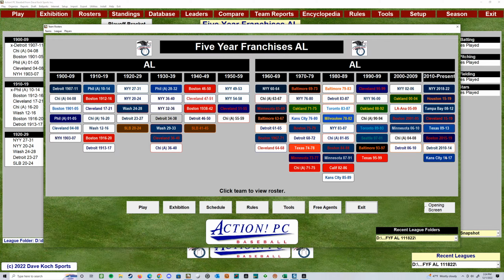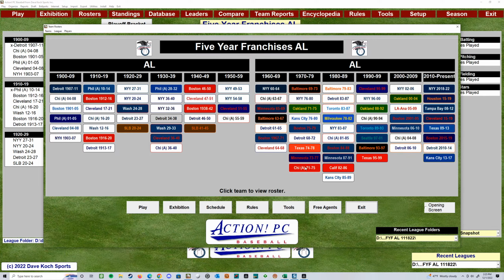I think this one has the current teams. Which ones did I add? I've added recently. If you haven't downloaded them, I made them available at the Action PC forums, and then today I emailed the Action community site to put the most updated files I have right now, which are a little over 80 teams, I think, for the AL and NL. So if you got them from that site, they're probably a month old, they're going to have the newest ones now.